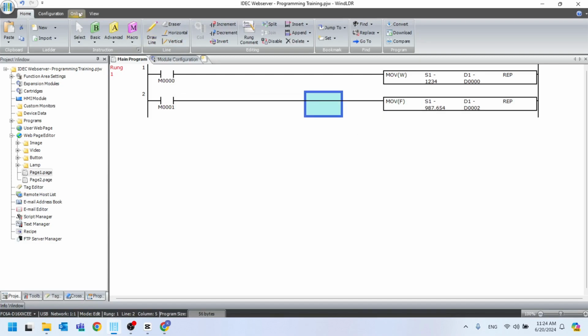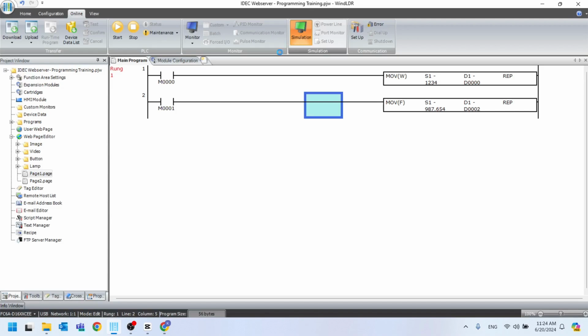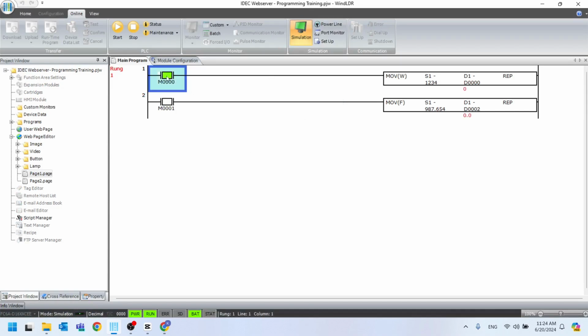Then, simulate the program. Then, move the values to the desired data.